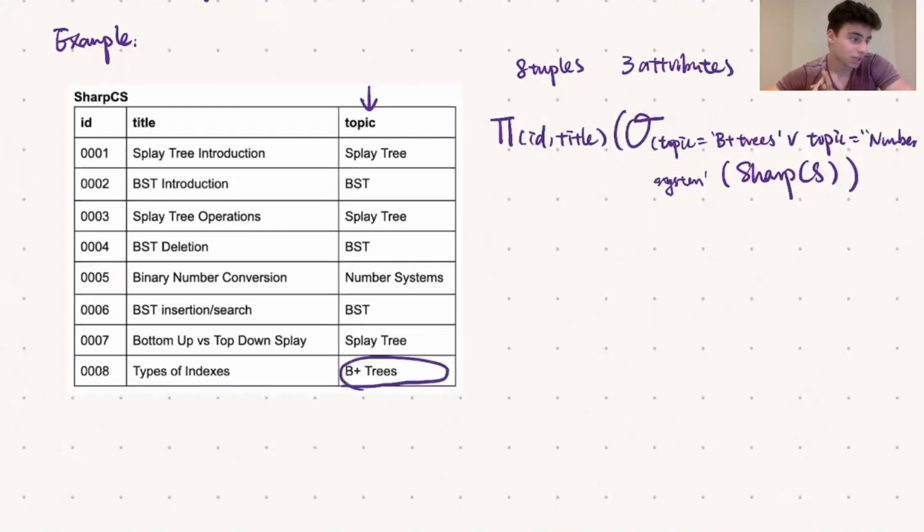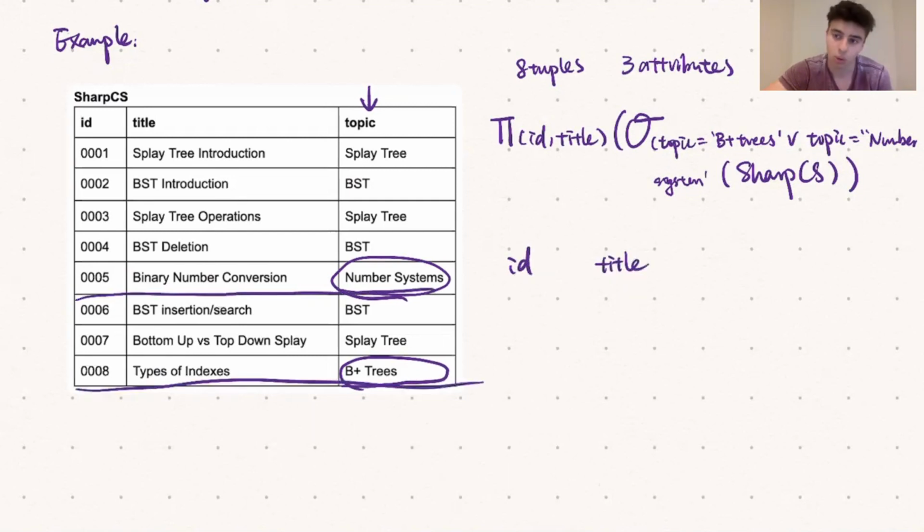So if we look inside of our table, we see that there's two rows that have number systems and B plus trees as their topic. So immediately we're going to cut out those two rows from our table and operate on those for our projection. Now the projection only wants to select the ID and the title column. So once we pulled out these rows, which will give us their IDs, their titles, which are binary number conversion